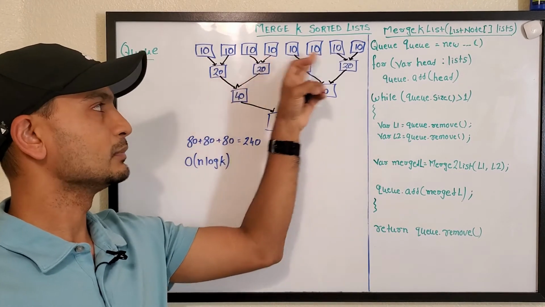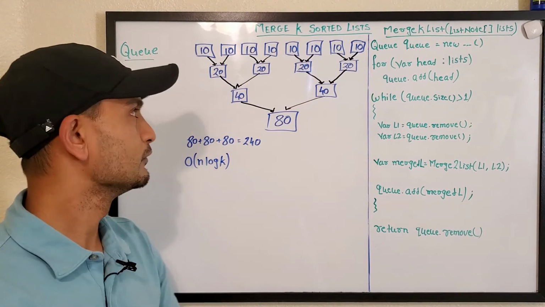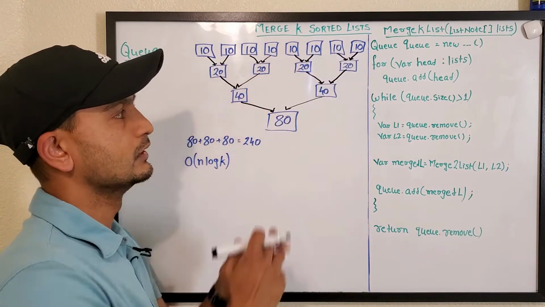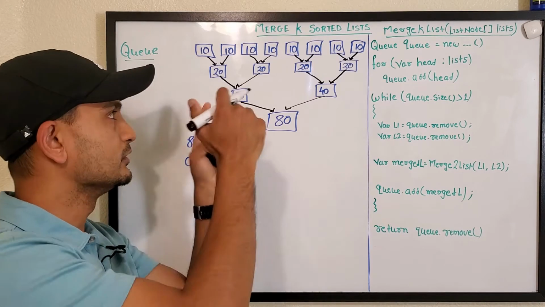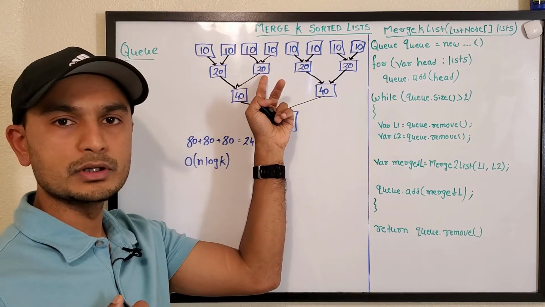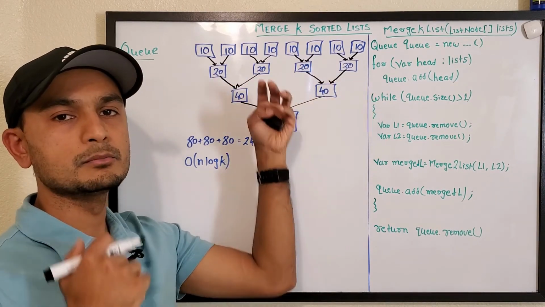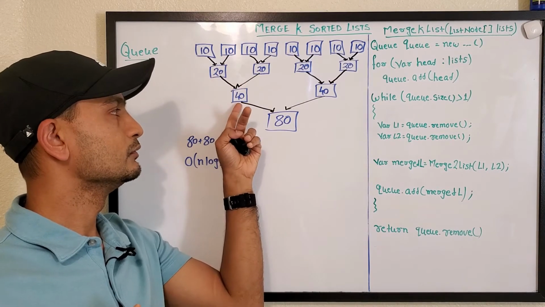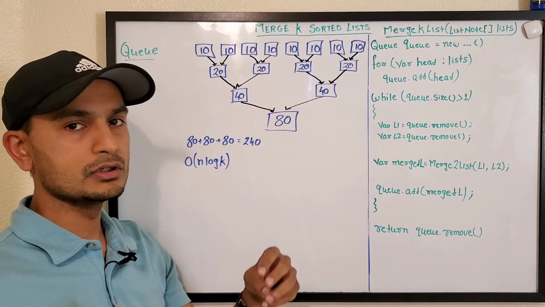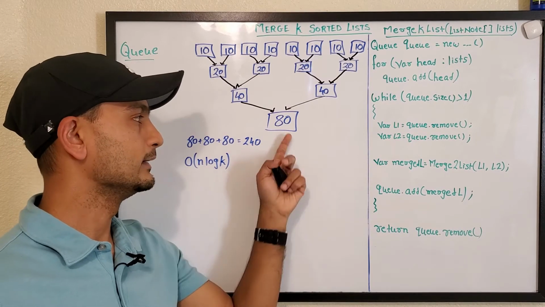So this is our sample data set, same as what we discussed. In this approach, we'll merge two lists at a time. So instead of picking one list at a time, we'll be merging two. We'll merge these two into 20 elements, we'll merge these two into 20 elements, and likewise. Once we have these four lists, we'll repeat the process. We'll merge these two into one list, so 40 elements, merge these two into 40 elements, and eventually we'll have two lists only and we'll merge them into one list and we'll have 80 elements.